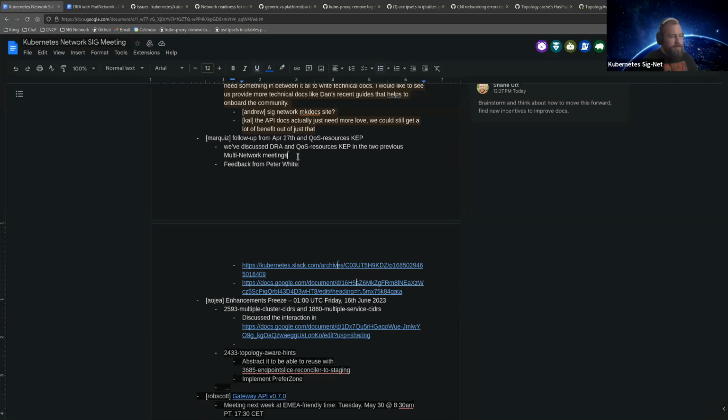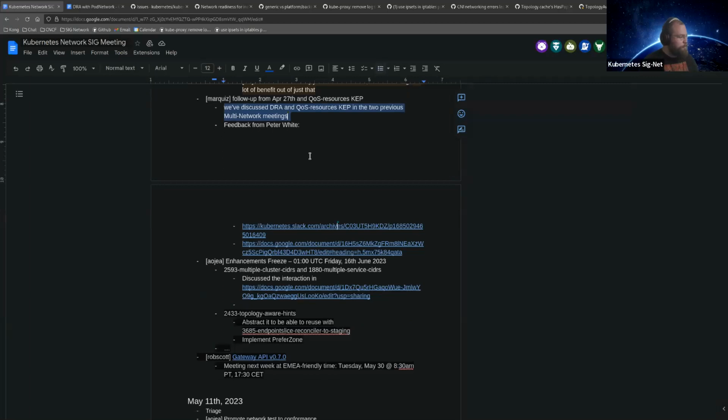Cool. I would definitely encourage anyone from this group who's interested: there's a regular multi-network meeting on the SIG calendar, and this is one of the main topics of conversation today. As we talked about at the last meeting, we were talking a lot about where options that you could add for network interfaces would live. So if these are concepts and ideas that are interesting to you, please do join in that meeting, because that's on the agenda right now.